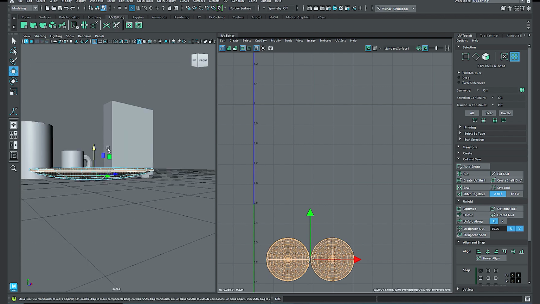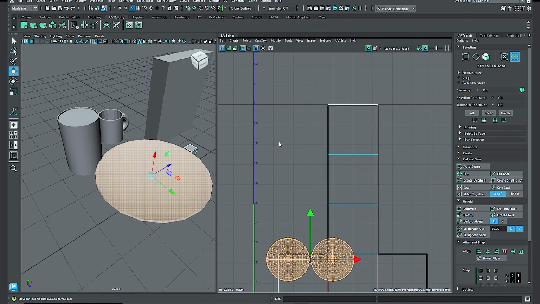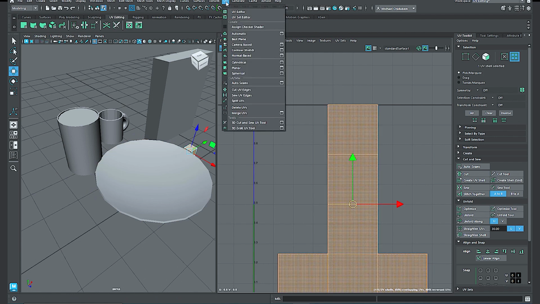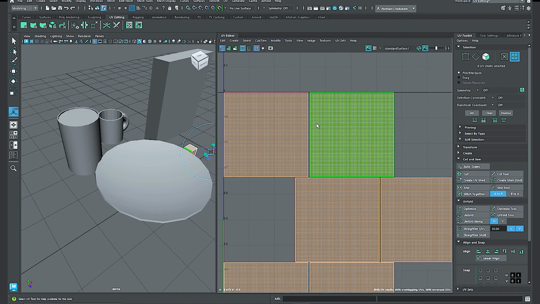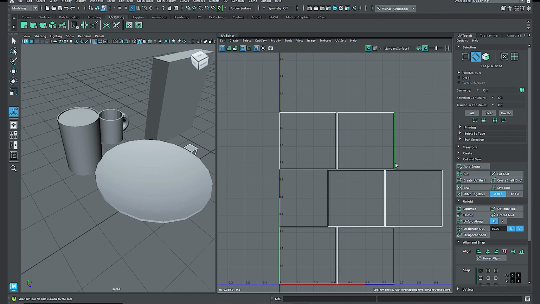Okay, now what's left? We have the cube. It's quite simple. I'm just going to go with automatic mapping again. So I'm going to go to UV and I will say automatic. Now it breaks everything into equal shapes, but like we did with the cereal box, I want to make sure that the edges are aligned properly. So I'm going to click on that edge and I will say